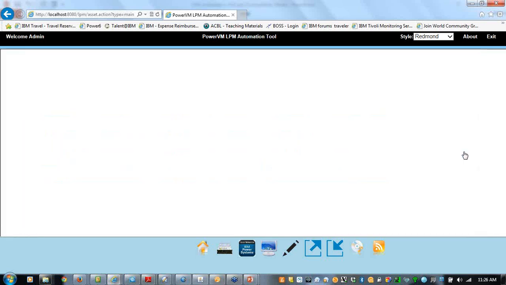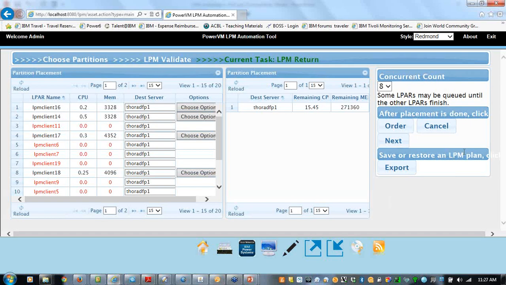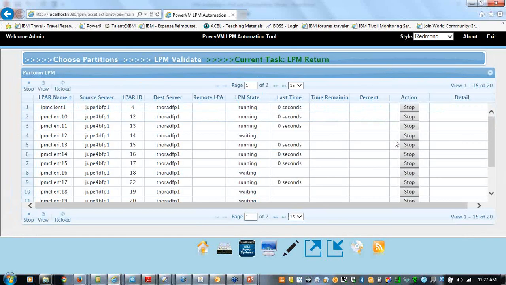Okay. One of the other questions, Bob, is I know you can do LPM, and we answered this question from an FSM, on a flex system or a pure flex system. Does the tool support a pure flex environment with FSMs? So it should. FSM has the same HMC command line that HMC does, so it's the same command line. And of course, now you have the ability to attach an HMC to a flex system and do everything through the HMC.